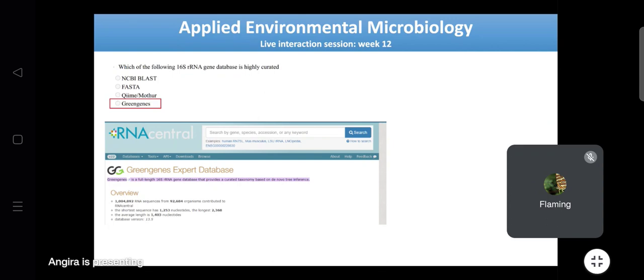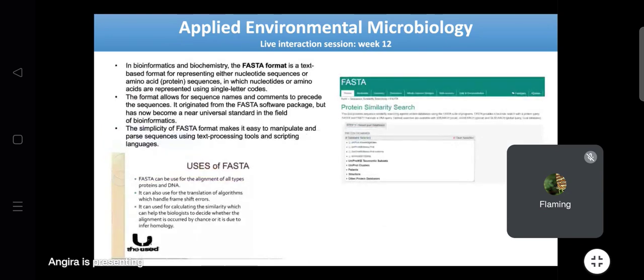Now, since somebody said FASTA, let's look at what FASTA does. So what is FASTA? FASTA is basically a format. Basically, it is a text-based format for representing nucleotide sequences or amino acid sequences. In this particular tool, nucleotide or amino acid sequences are represented using single letter codes. You are aware that proteins also are represented with single letter codes like nucleotides. So what this format does is that they align all the different types of proteins and DNA, and therefore they allow